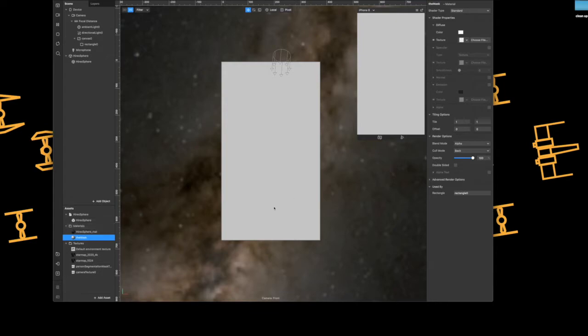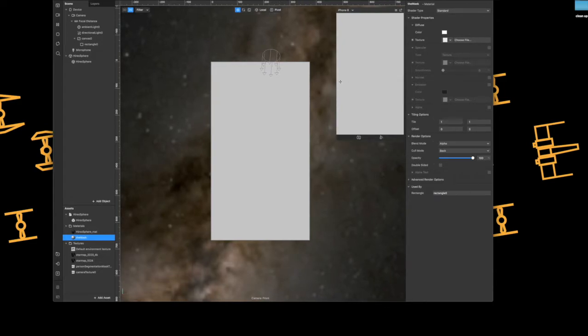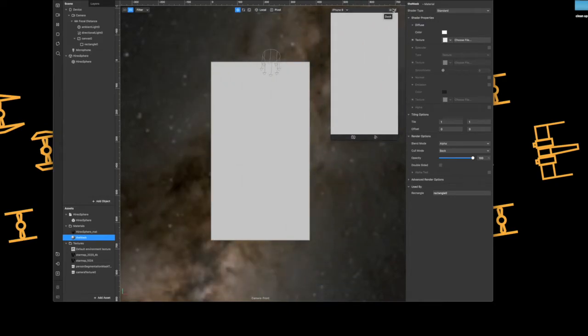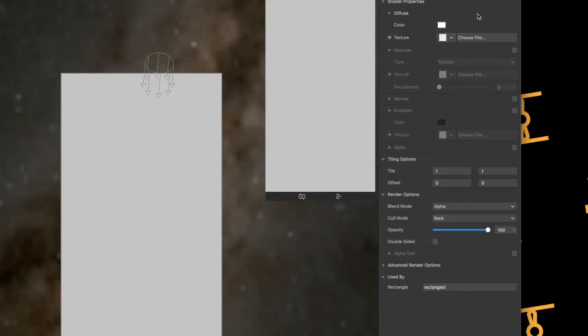Right, so now we have the mask material on the left hand side selected, and it is indicated in the inspector on the right hand side. Let's just drag that a bit. Also, I don't know if you noticed this, but you can now extract the camera view, which is kind of cool, and then you can lock it back in place. So I've got 2 textures, and I now need to apply them to the material. So the first one I think we're going to do,